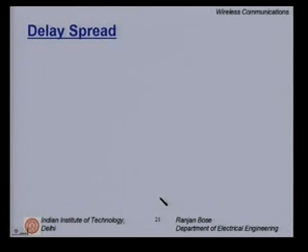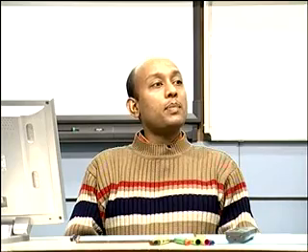Now we come to another effect of multipath propagation, which is called the delay spread. This is inherent. When I send a signal from my transmitter to the receiver, I normally receive it through many paths. Therefore, the name multipath. However, if I go through a single reflection, my path length increases with respect to the line of sight. If you go through several reflections, or even reflectors far away, then my path length increases. So what I get is a delayed signal.